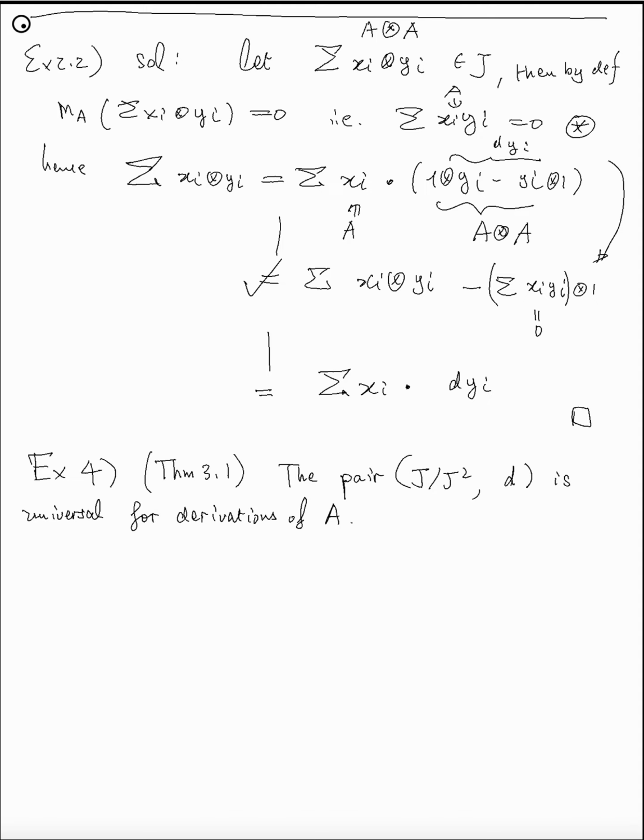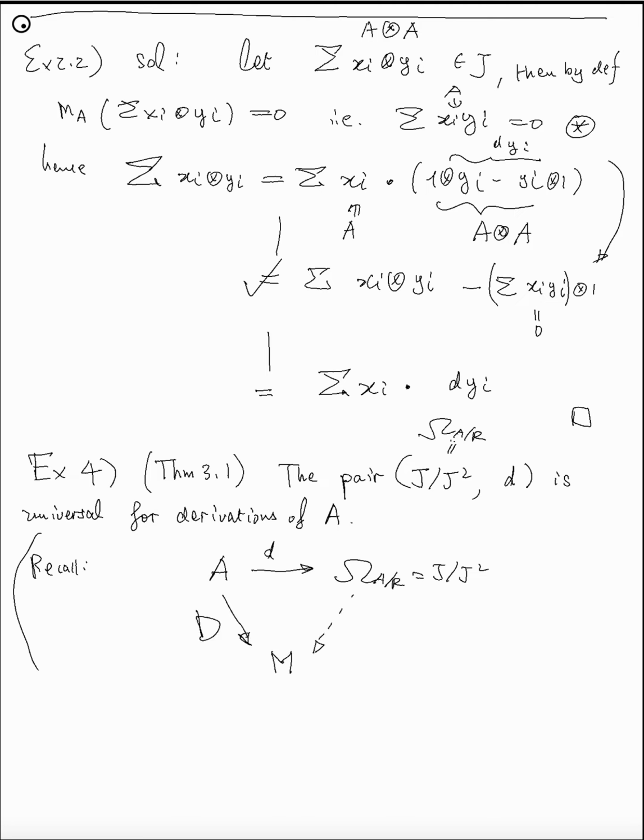So we have to give a construction proof. I have proved this universal derivation. In our notation, this is called omega A over R, right? We define this to be omega A over R by our definition. So let's recall what this means. We have this J over J squared derivation. I have proved this is a derivation firstly, and secondly, what we are left to do is that for any derivation